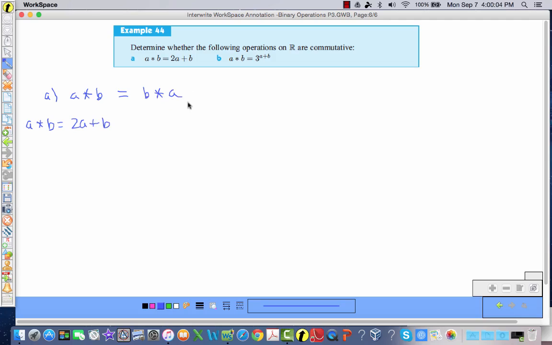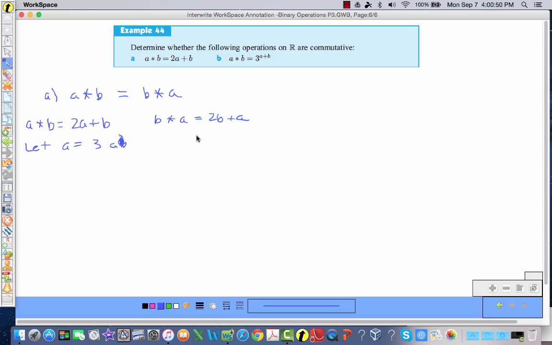And then if I have b star a, you can't get hung up on what's b and a here. This a and b stands for the first element and then the second element, or whatever it is that you're going to use. So if I write b star a, that's going to be equal to 2b plus a. Because in this binary operation, the first thing is multiplied by 2, and then the second thing is just a tag on. Well, b is first, so it's going to be the one multiplied by 2, and then a is going to be added on to that. So for both of these, we're going to let a equal 3, and